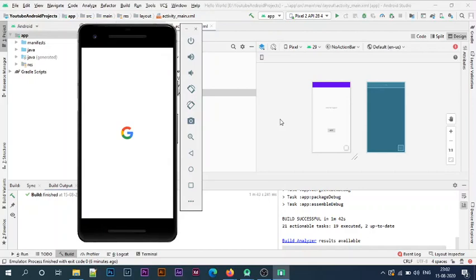If you don't have your Android phone with you, then you can run the Android application which you have created inside the emulator. This is the best option available. You can even test your application for whatever version you are creating the device for, or the maximum or the latest version which is in the market. You can test your application for that version as well, whether the properties are working in this version or not. So this is the best thing that is provided by Android Studio. That's an emulator.